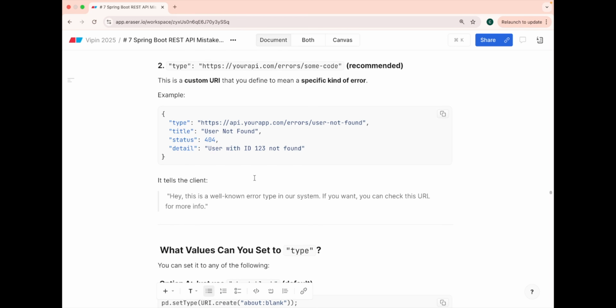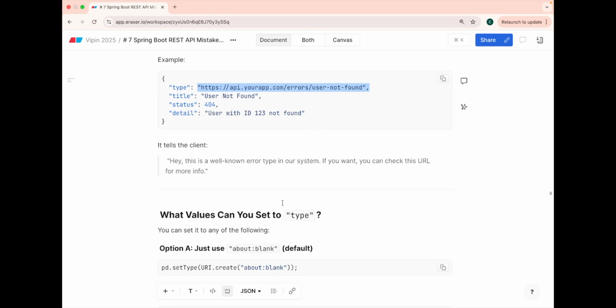The second option, which is the recommended option, is that you create your custom URL with a specific kind of error that your API has, this particular user not found documentation, where you click and it says, okay, if this user is not found, these are the steps to register yourself, and then this issue of user not found will not come. So this is the documentation of this particular error or exception which you usually get in the system, and you have the troubleshooting for it.